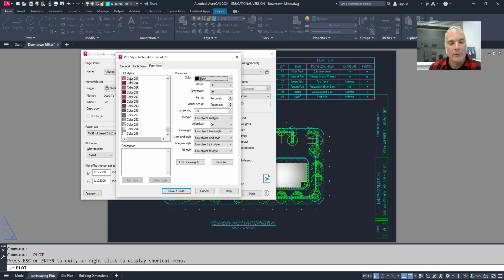So now these are all black, but numbers 250, 251, 252, 253, 254, and 255 are their object colors. And it just happens to be that those are the shades of gray that show up on the layers dialog box, which I'll show you in just a minute. So I'm going to come in here and I'm going to say, okay,